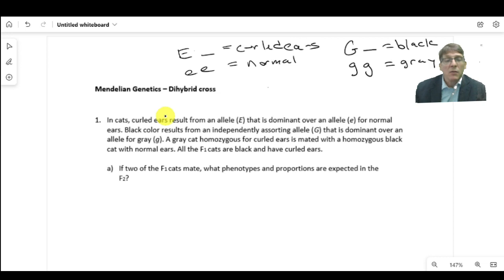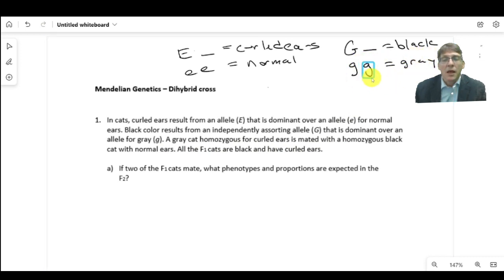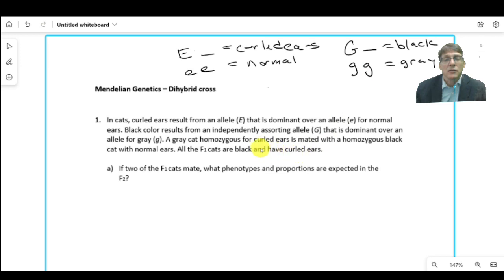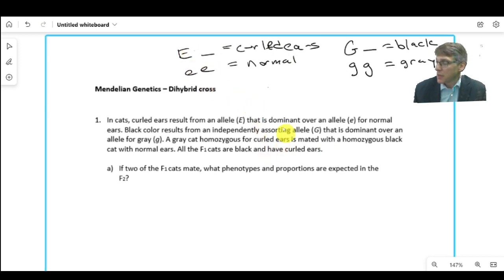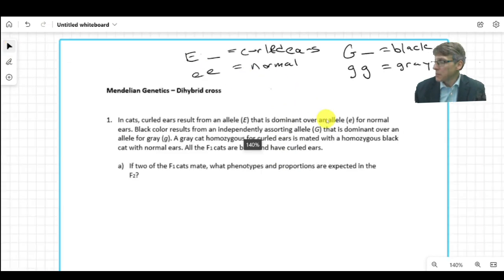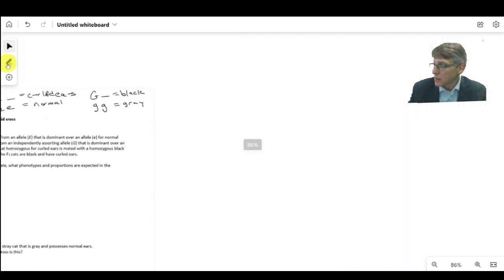Okay. So now, if we look at the rest of the problem, we're told that we have a gray cat that's homozygous for curled ears. So a gray cat means that in the G gene, they're little g, and then has curled ears, so has at least one big E, and then we're told that it's homozygous for curled ears, so must have two big E's, must be big E, big E. So the P generation of this cross is going to be big E,